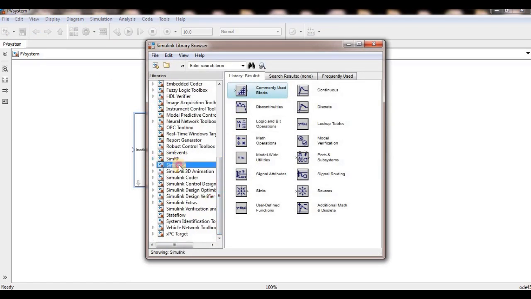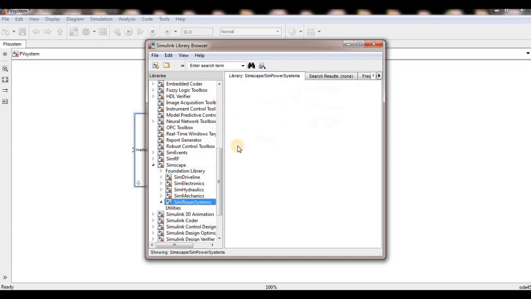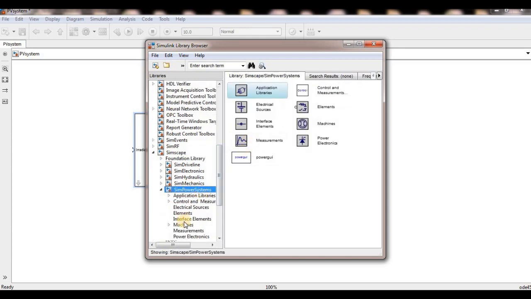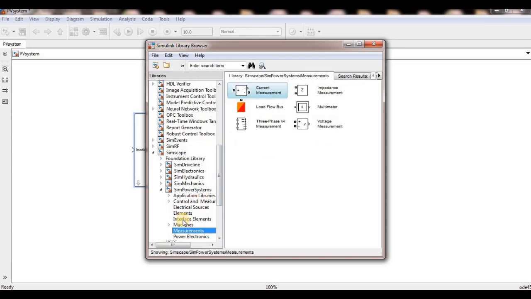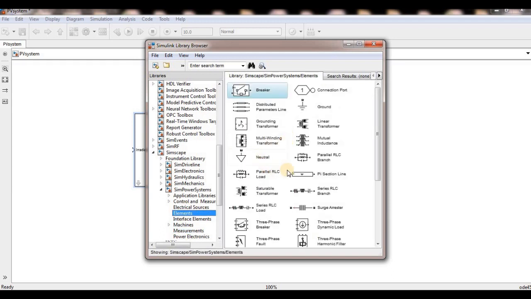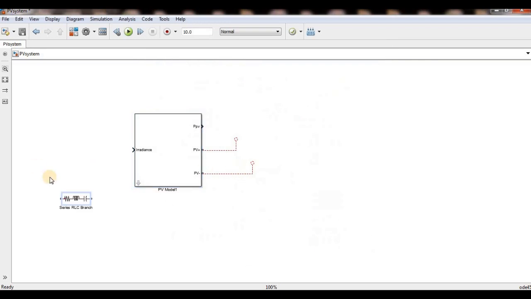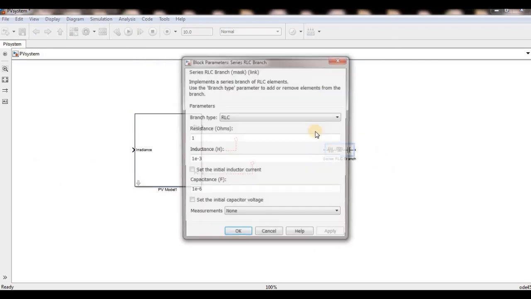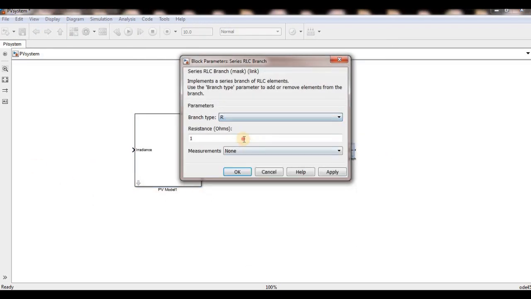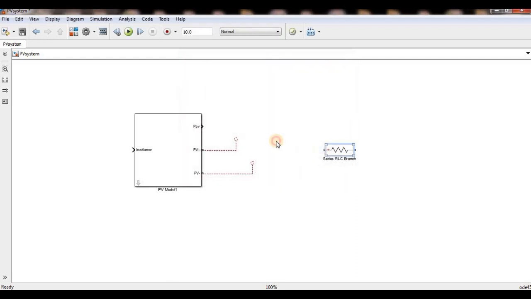Simply you can connect power system elements, either a resistance of any value. Based on that resistance value, current will flow and voltage will adjust according to that current.